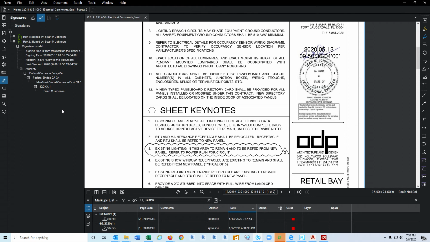That's why the signature is still valid, and that the signature is recognized by the IdenTrust Global Common Certificate Authority,